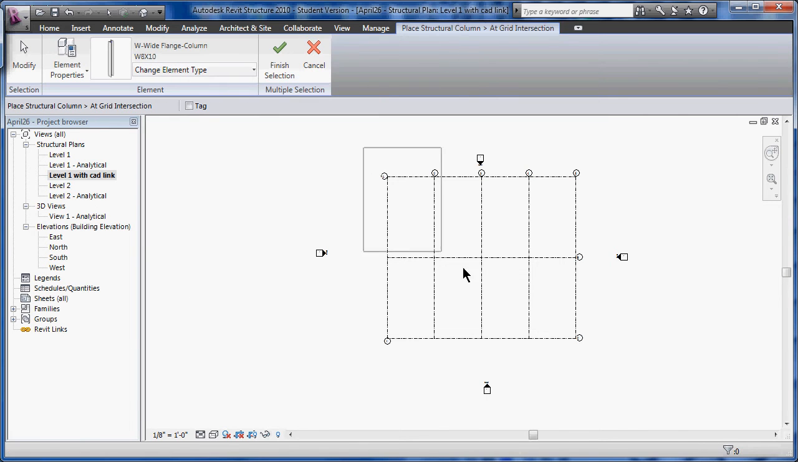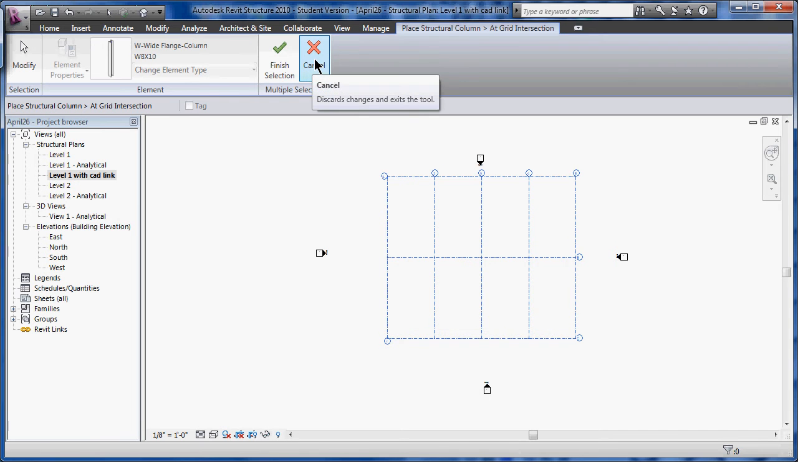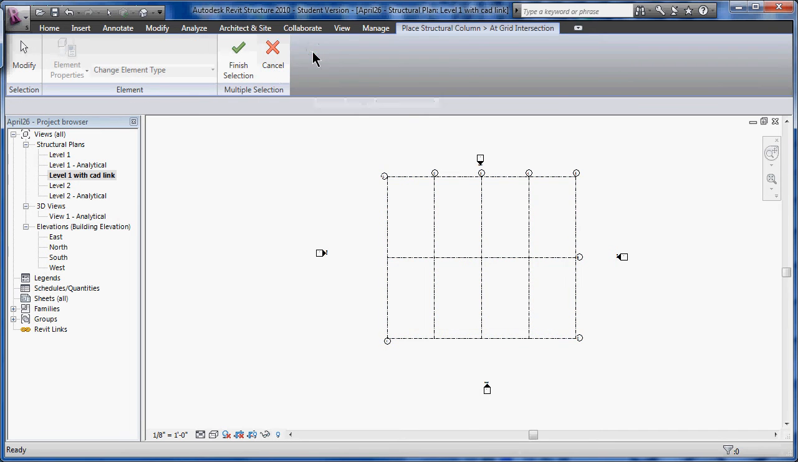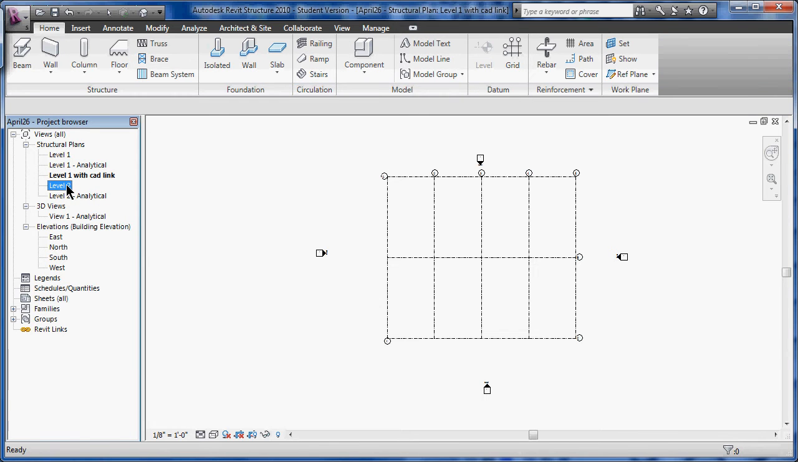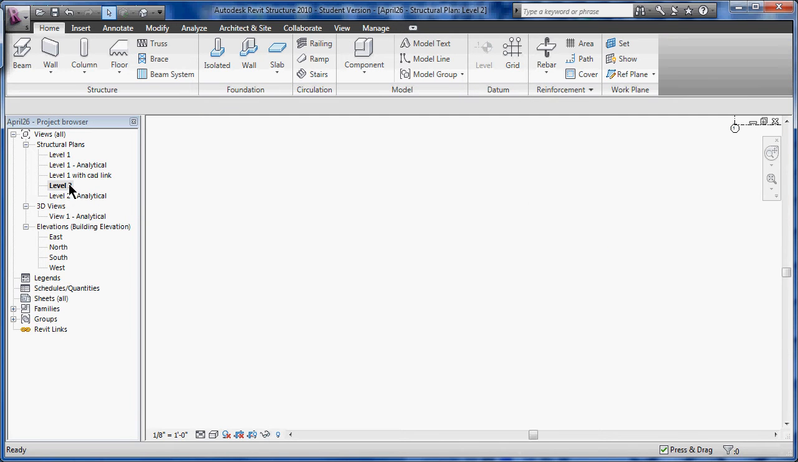Grabbing on the grids is probably the most useful thing to do. It's going to go ahead and... Remember, you're at level 1 with CAD Link, and so that might not be actually what you want to do. You want to get your columns going down. So if you go to level 2, right, and you may or may not see that here as you get to level 1 or level 1 with